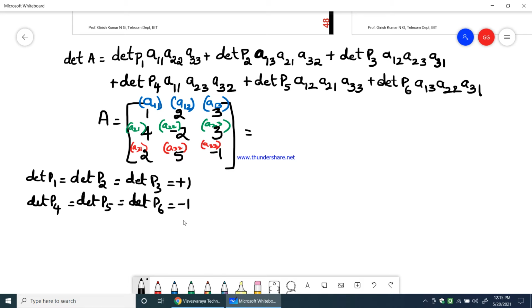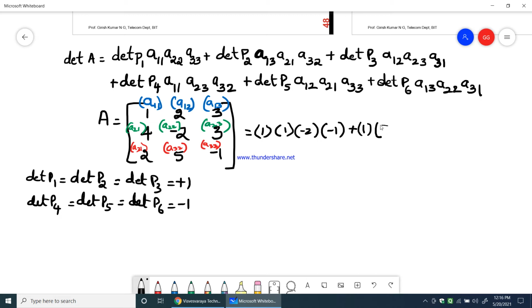Now we'll substitute these determinant values, and meanwhile we'll also substitute these values of A into this determinant. So P1 is 1 multiplied by A11, A22, A33, which are all diagonal elements. So it is 1 into minus 2 into minus 1 plus determinant of P2 is again 1 multiplied by A13